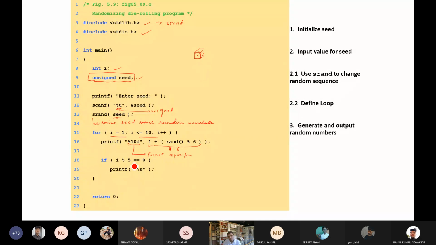If i mod 5 equals 0, it means the value of i for dice number 5, that is round number 5. Total 10 rounds are there, so round number 5 and round number 10 give 0. Then it will print from a new line. Otherwise, it will follow a similar pattern.